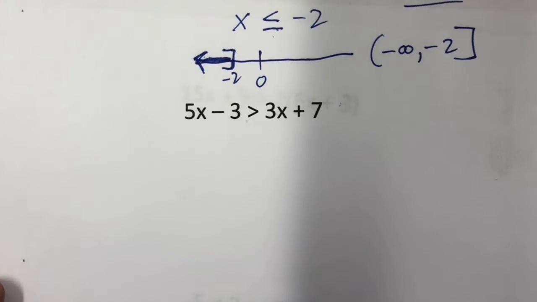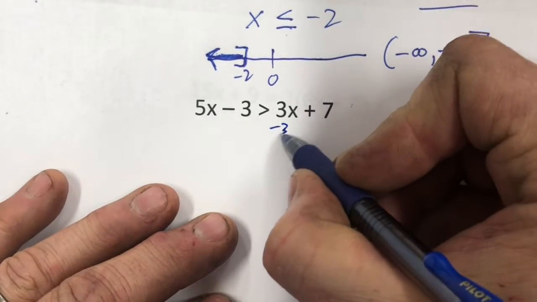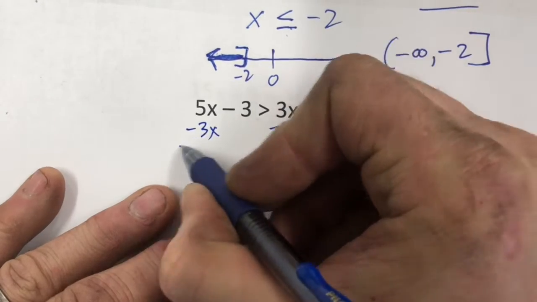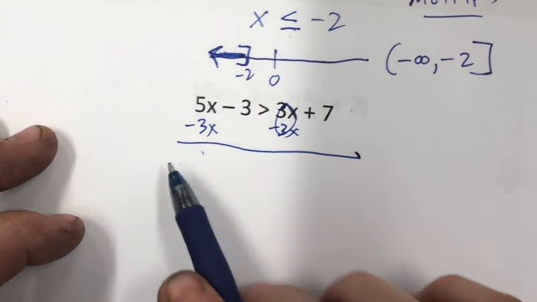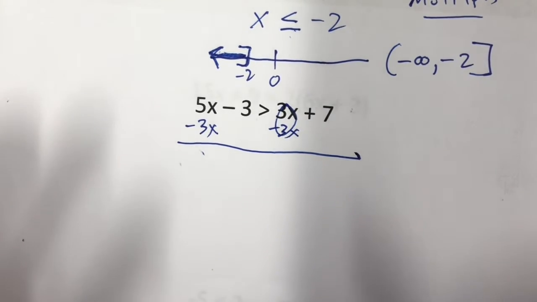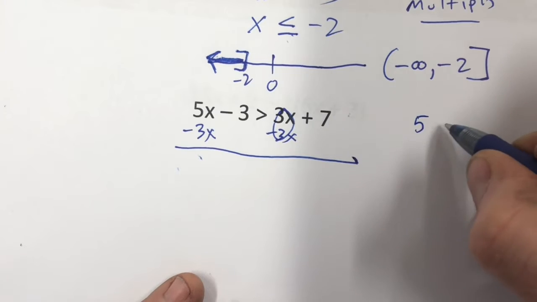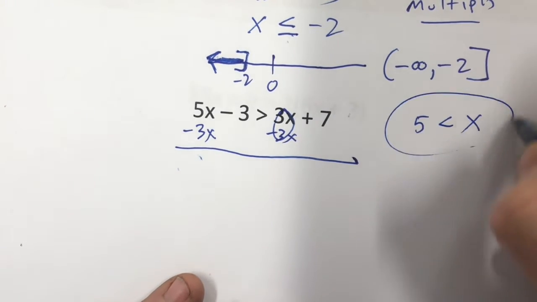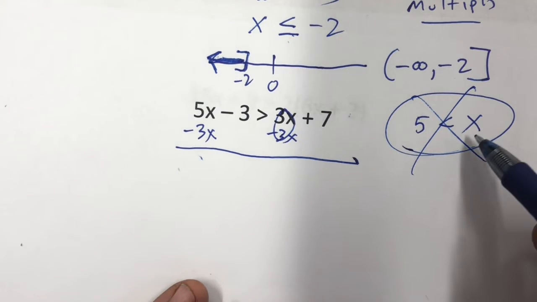Okay, here's one here. And notice we got x's on both sides. Now, I'm going to minus 3x on both sides to make this go away because we want the x's over here on this side. When we do an inequality, if you have, suppose you have this 5 is less than x, and the x is over here on the right side, this is no good because it makes us